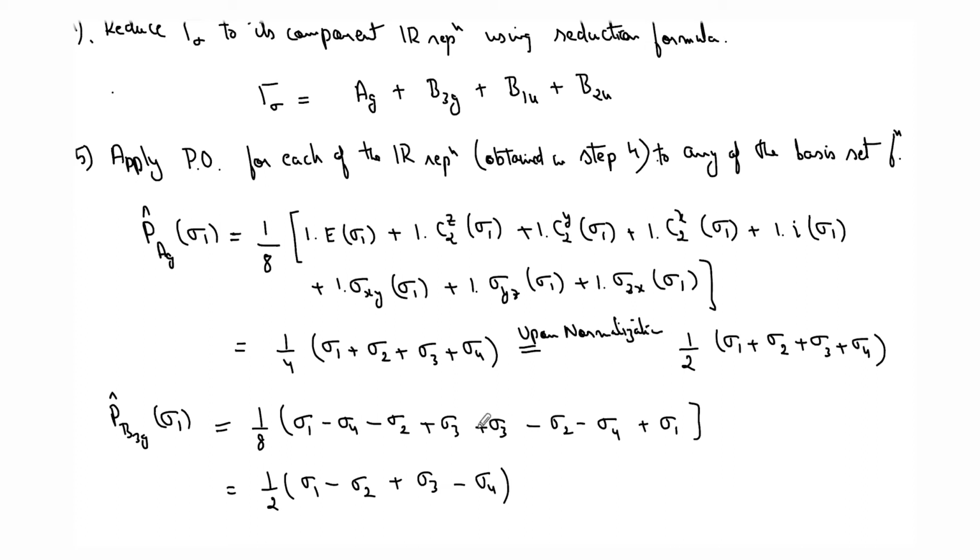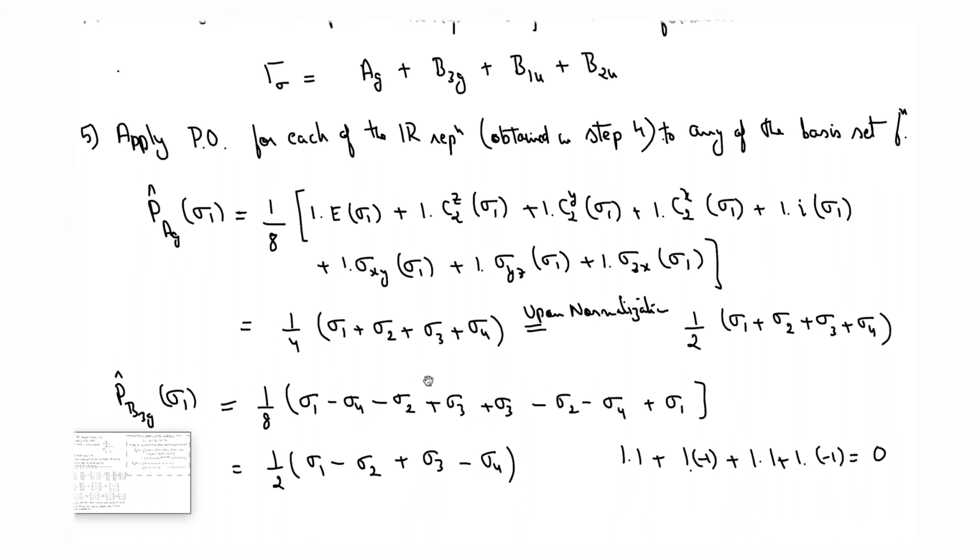We can also test the orthogonality condition, which is if you take the coefficients of these 4 sigmas, multiply them with each other and take the sum over all coefficients, you should get 0. So that is, if I take 1 into 1 plus 1 into minus 1 plus 1 into 1 plus 1 into minus 1, right? So the summation of the products is going to be 0. That means these two linear combinations are orthogonal to each other. They are also normalized. So what we have got is orthonormal sets of linear combinations. That's why it is called symmetry adapted linear combinations, because we know the symmetry of these linear combinations.